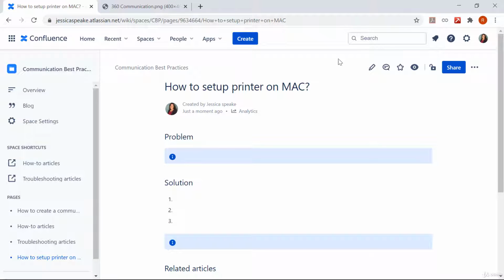So you can see there is another index page which has been created with the name troubleshooting articles, because we had used the blueprint for the first time, and that's why an index page has been created for this article as well. So if you go back to the overview,